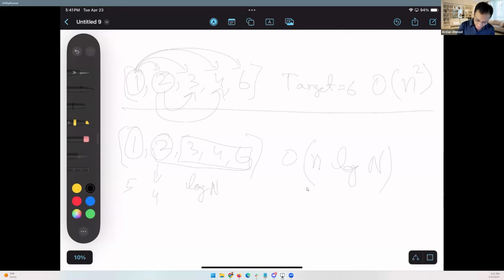This is a little better than this one. You can say this one is like this. So order of n log n is better than n square. And space wise, there's no extra space. The top one has 2 for loops. This one has again 2 for loops. One is for iterating all the numbers, the other is for the while loop, a typical binary search while loop, right? So there's no extra space. Both of them are using no extra space, and time wise,